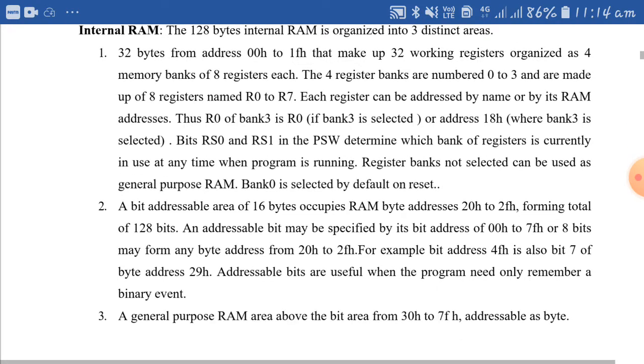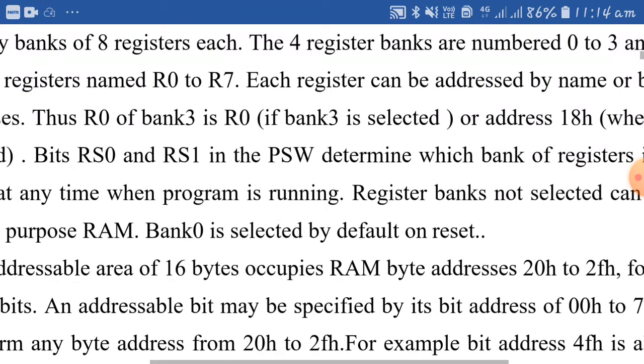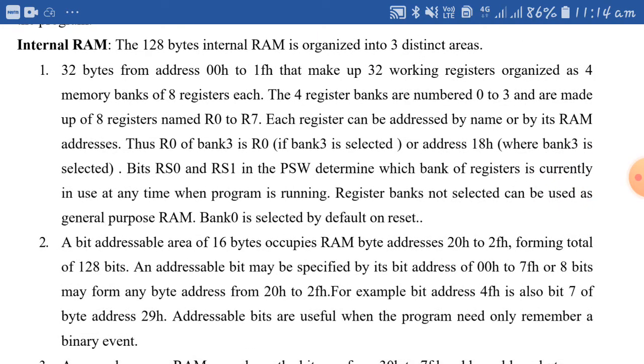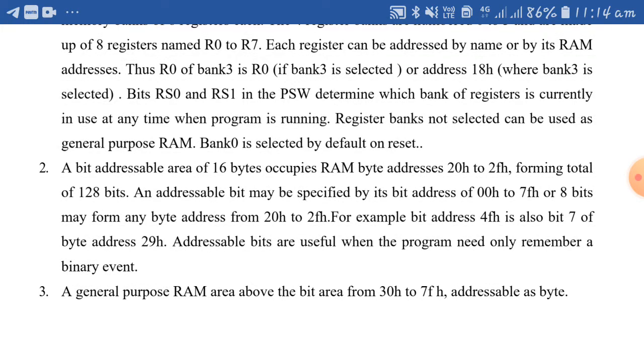You can select any register bank for your programming by using the PSW bits. The bits RS0 and RS1 in the PSW determine which bank of registers is currently in use at any time when the program is running. Next we'll see